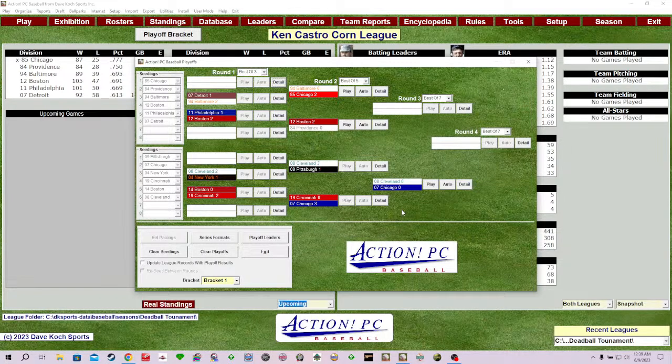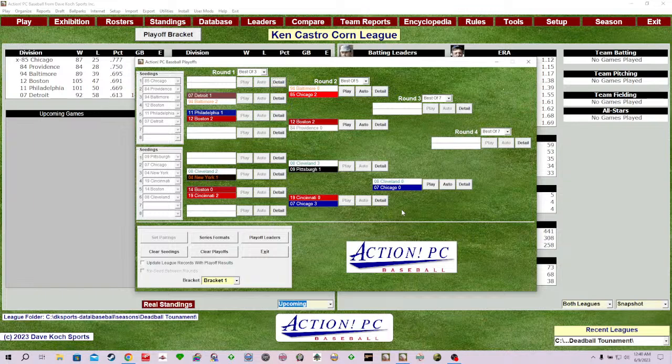Cousin Ken Castro predicting the 1912 Red Sox to win it all. And I was hoping my Bucs would, so they're out. So I don't know. I would love to see the Red Sox. Sentimentally, I'd like to see one of the 19th century teams make it, but I think once we hit that best of 7, I think that's going to be kind of hard on them. But I'd love to see the Cubs and the Red Sox lock up in this one. I think it would be a lot of fun. Ken Castro feeling that the Red Sox are too strong.